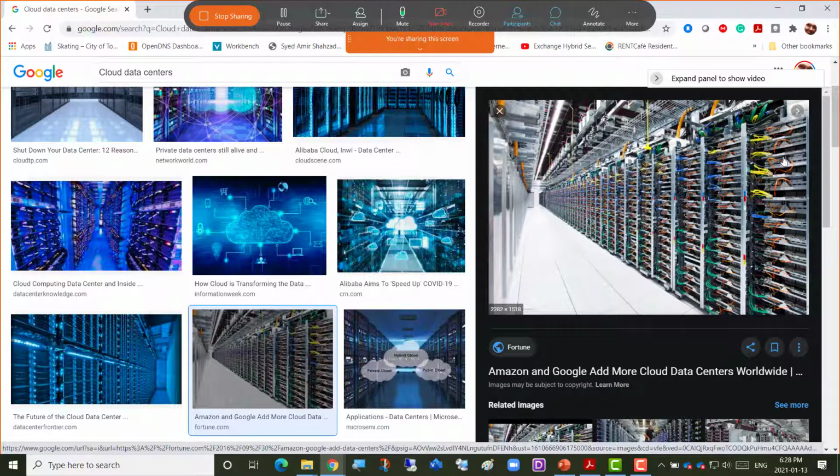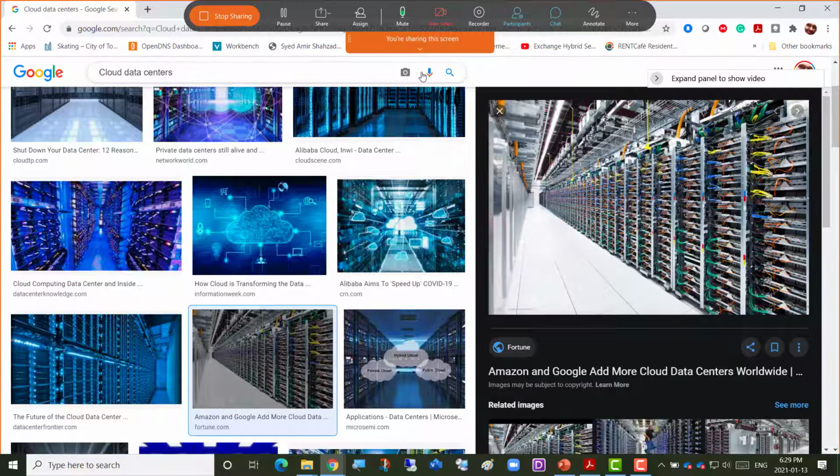And servers are those physical machines that you can install an operating system on, or you can install a hypervisor like VMware or Hyper-V on top of that. You can see rows and rows and rows of thousands of physical servers there.